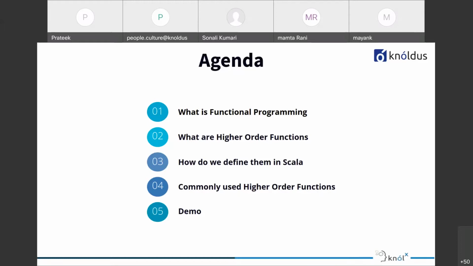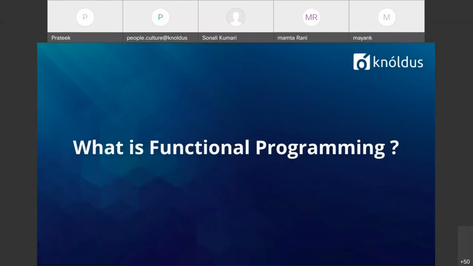So let's begin. Apart from being a purely object-oriented programming language, Scala is also functional. So we need to understand what is functional programming. So, anybody who would like to answer this question? Anyone?